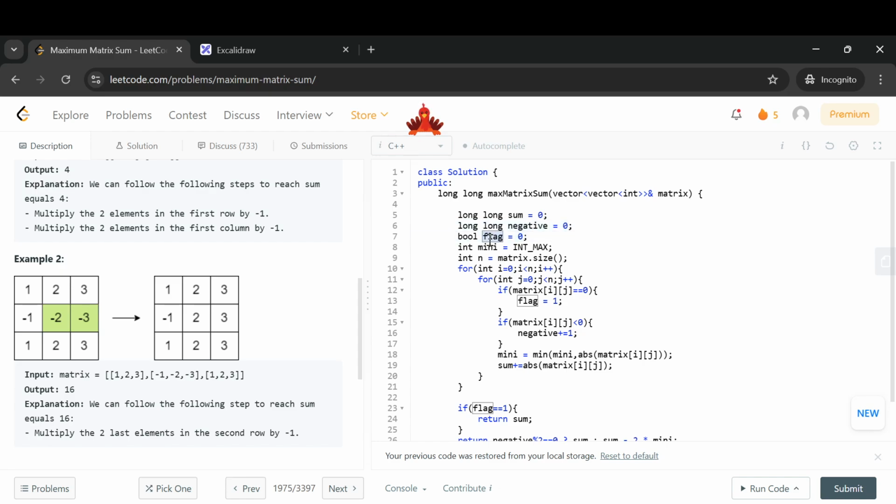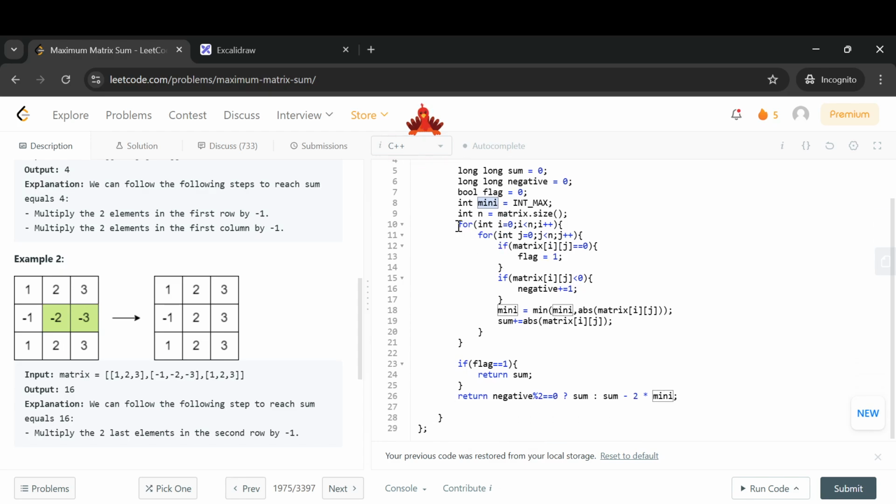Here the flag represents whether the matrix has 0 or not. Initially we have set it to 0, and we have a variable mini to store the minimum absolute value of that matrix. So here I do the traversal in the 2D matrix, and